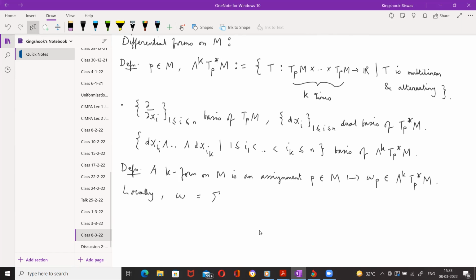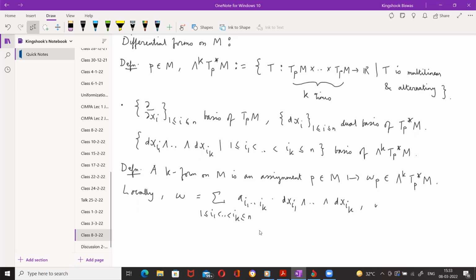So this will become a sum over 1 less than or equal to i1 less than ik less than or equal to n of a i1 to ik times dxi1 wedge dxik,